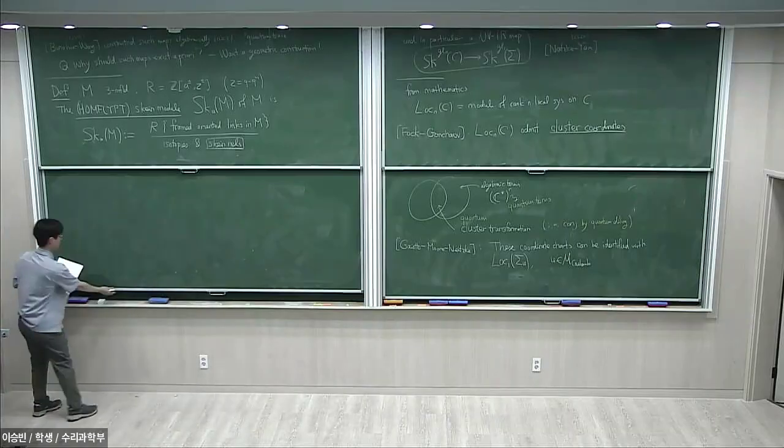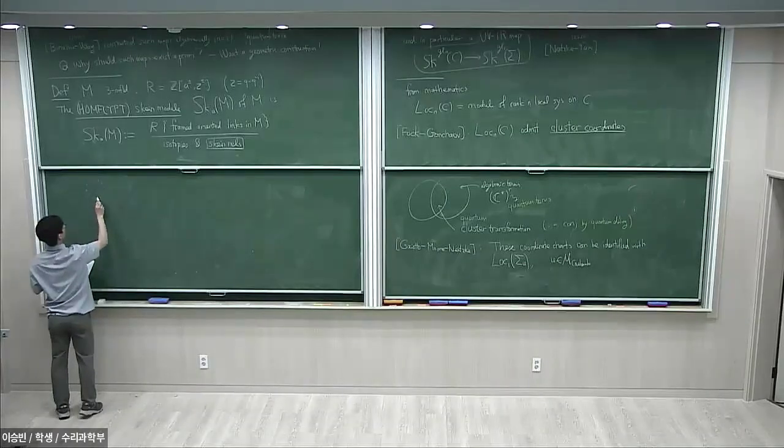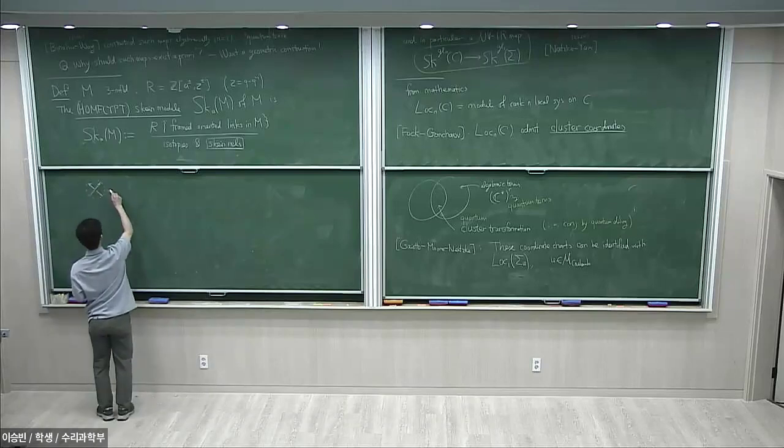So there are 3 skein relations. I'll first write down the relations in